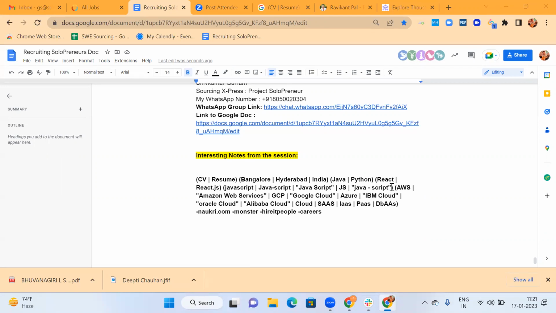Sure. Okay, so we're just trying to reduce the number of keywords. Let's say we'll go with cloud, which will capture Alibaba Cloud, Oracle Cloud, IBM Cloud. Just the cloud keyword is enough. So what we're trying to do is identify unnecessary keywords. Cloud will capture all the varieties of cloud. So React, let Google do its magic. It will understand its own synonyms. JavaScript, this one we will remove, as it has the least possibility of people writing it.